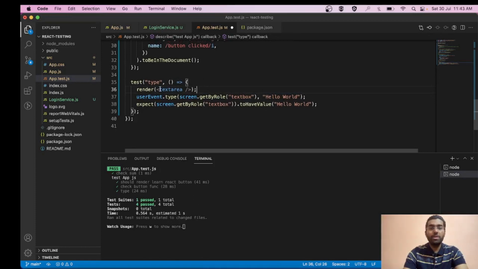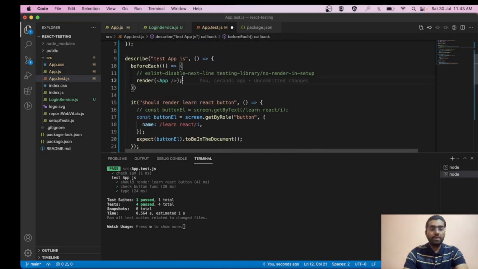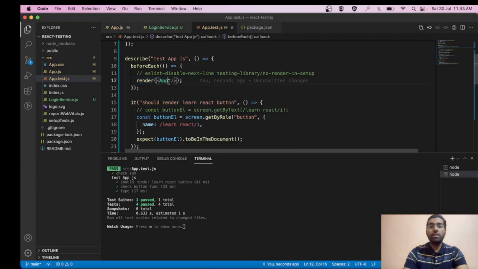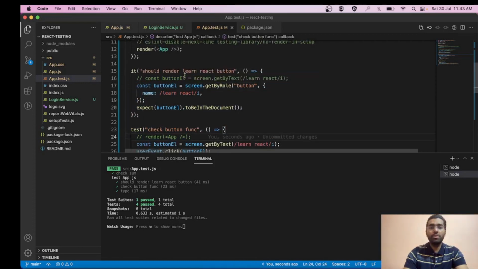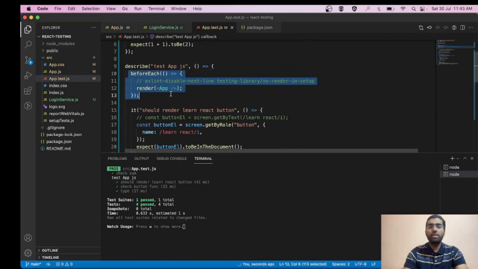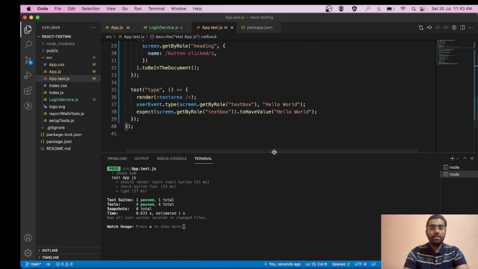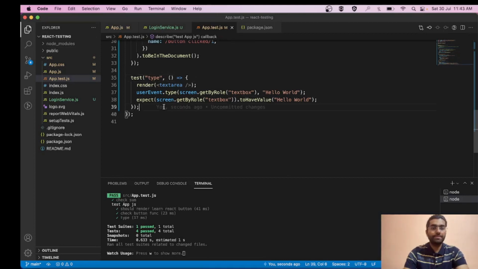But over here we need to write it because we are rendering a text area and not a render app. Okay, so cool. Let's see if all of these test cases are passed. Basically, any functionality that you want to perform, or like you want to render your app component for all of these test cases, instead of writing them again and again, you can simply do that piece of coding in before each. Okay, cool. So friends, till now I guess the concepts are clear. So let's see what we can learn next.